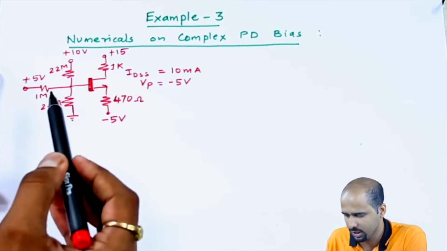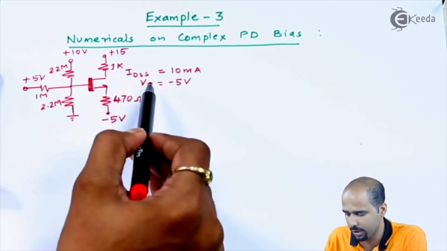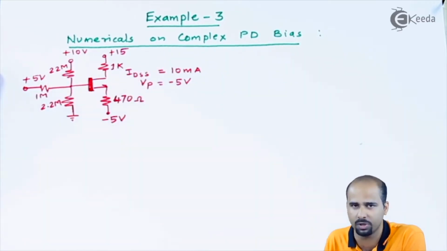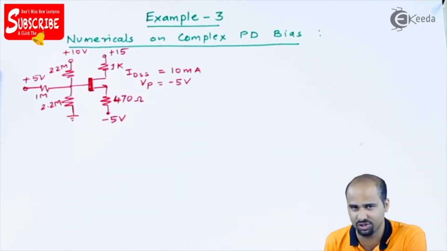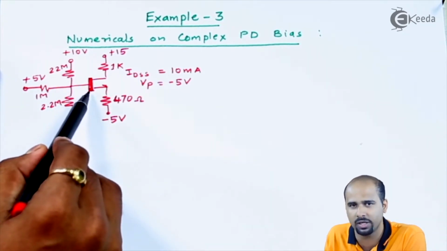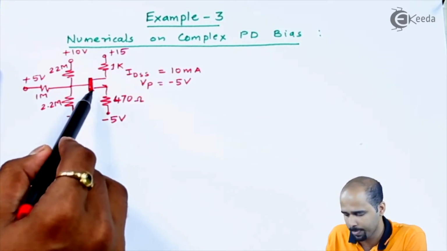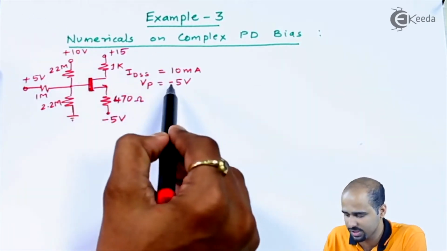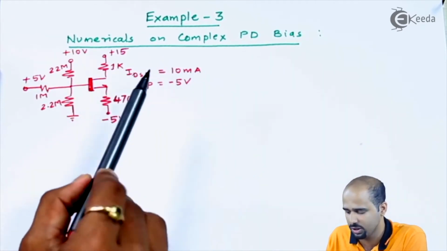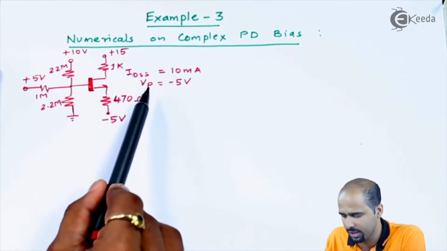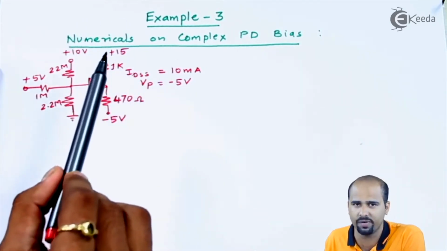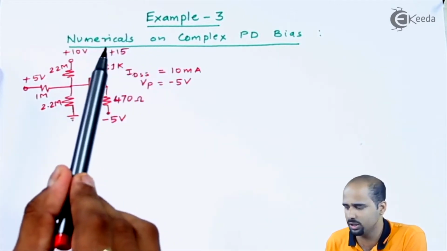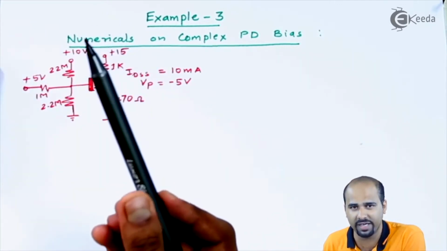Suppose in Mumbai University, they may give you this particular value and they will not give you the direction on this figure. Then how do you identify whether it is an N-channel MOSFET or a P-channel MOSFET? This is a DMOSFET, as this figure itself tells you. But if the direction is not given, you just have to look at the given values: IDSS is 10 milliampere and VP is negative. If VP is negative, it is obviously an N-channel MOSFET.